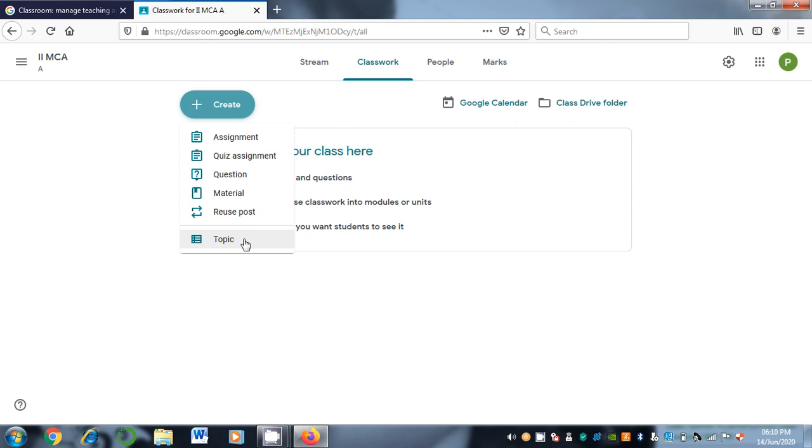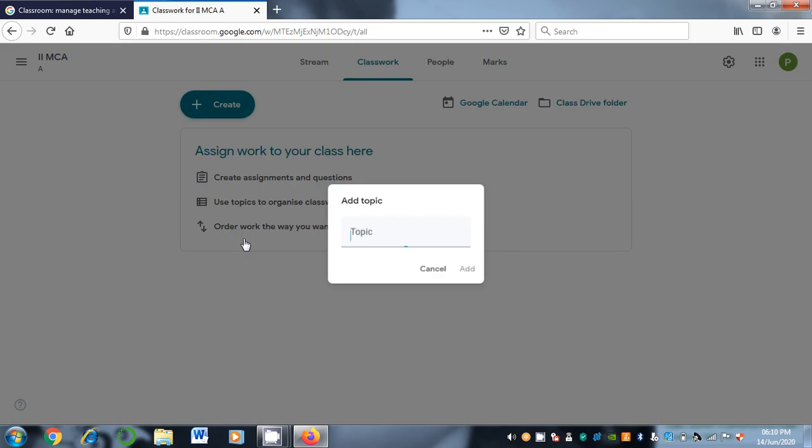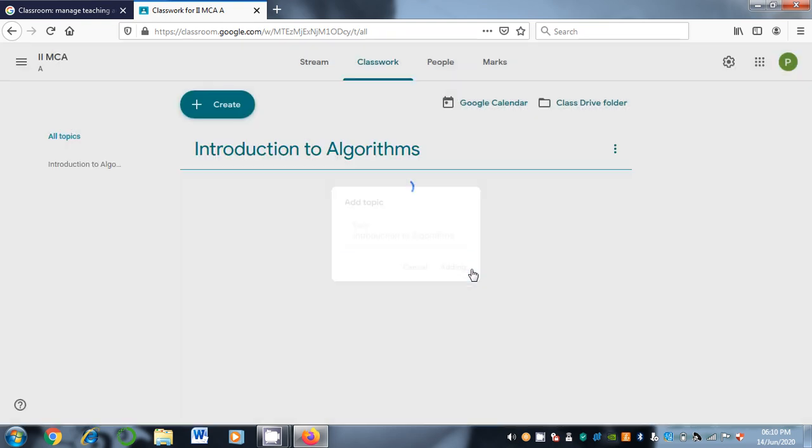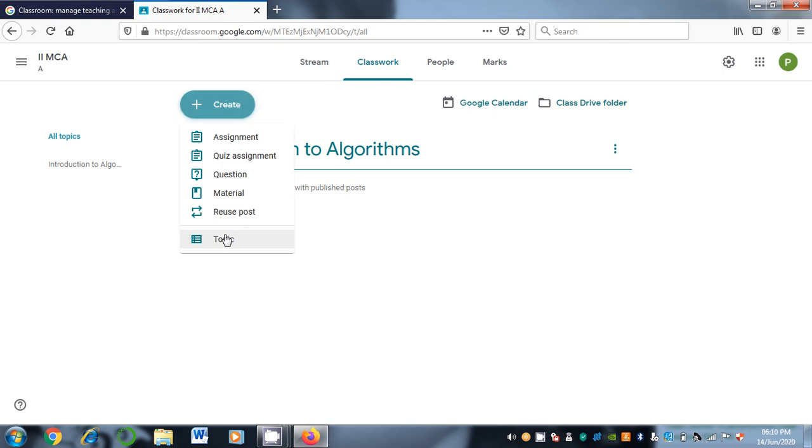Suppose first I want to create a topic. Let's click on topic. Suppose the first topic is introduction to algorithms, and click the add button. Automatically the topic will be added. Next, again you can create one more topic.